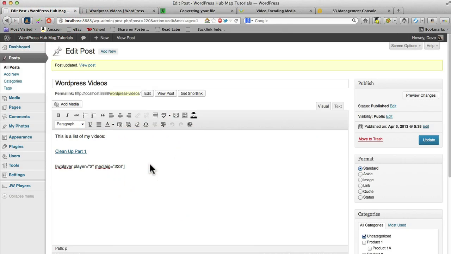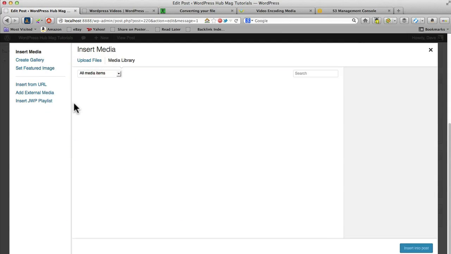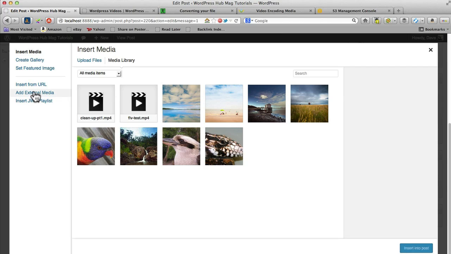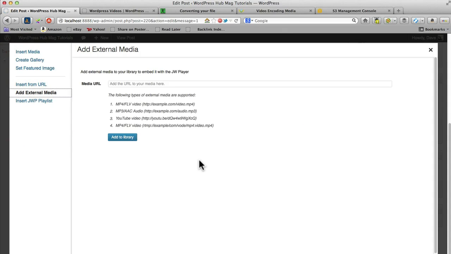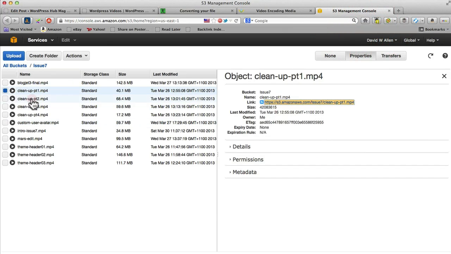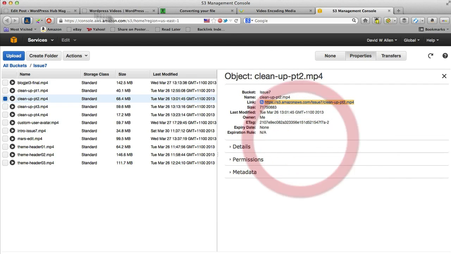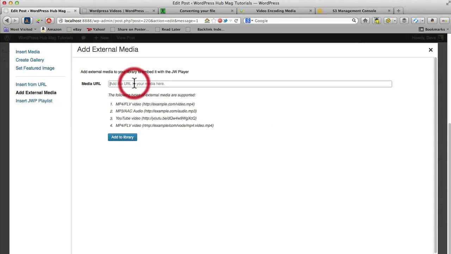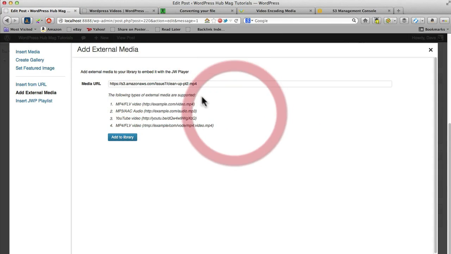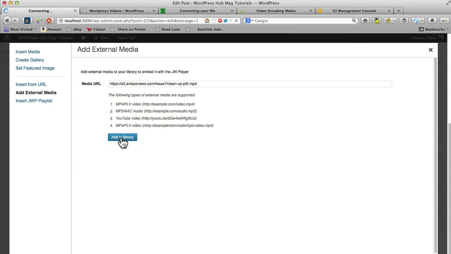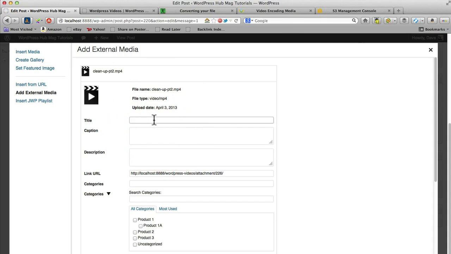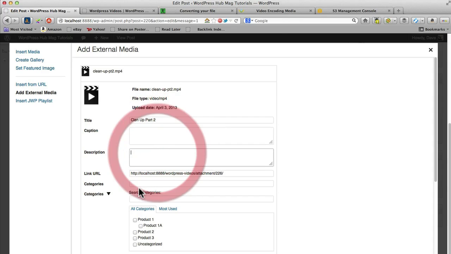I want to go back in and do another version. Let's go add media, and let's go and grab another file. I'm going to grab this one here, copy, and then I'm going to paste that in there. This is part 2. I'm going to add this to my library, and there we go. We can title it Cleanup Part 2. You can do captions, descriptions,